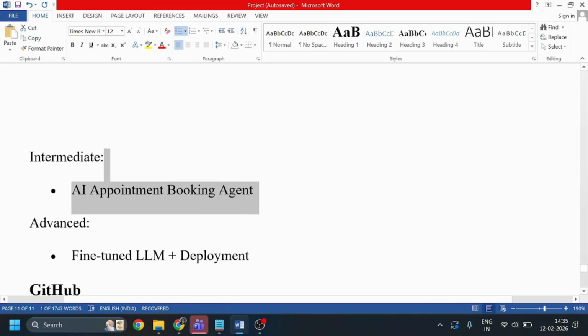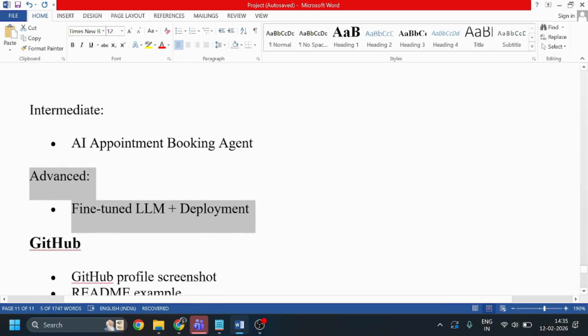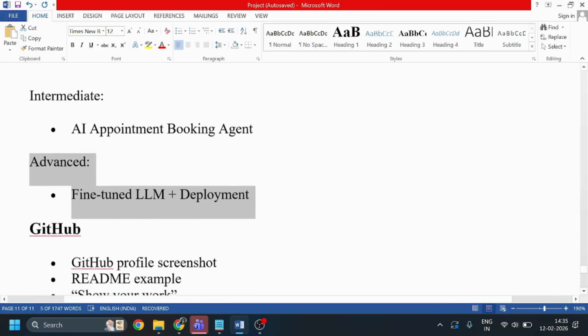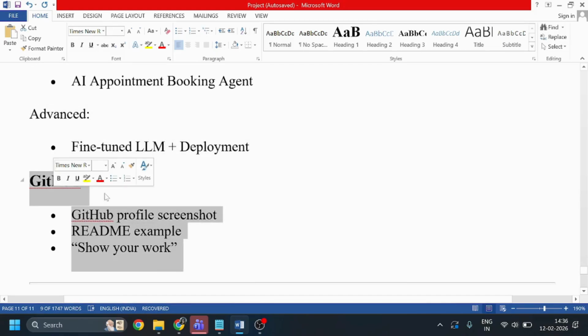You can also build these kinds of projects. And the third one is an advanced project, a fine-tuned model. Take an open source model like Llama 2, train it on your own small dataset like customer support chat, and deploy it. Put all these things on GitHub, write a README file and show your work there.